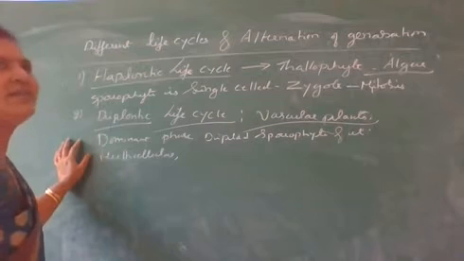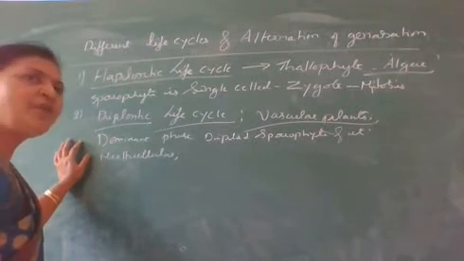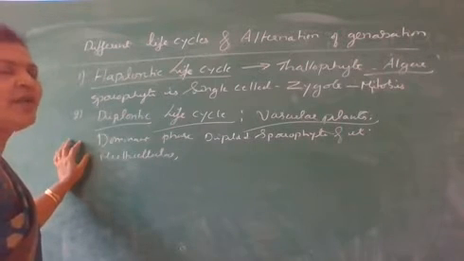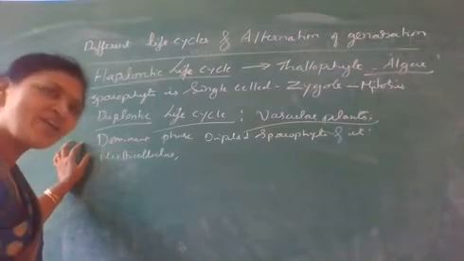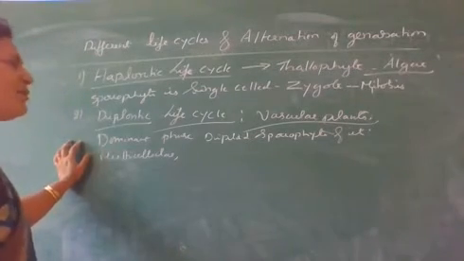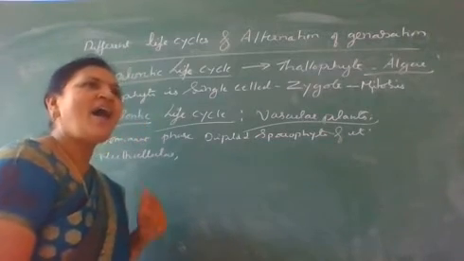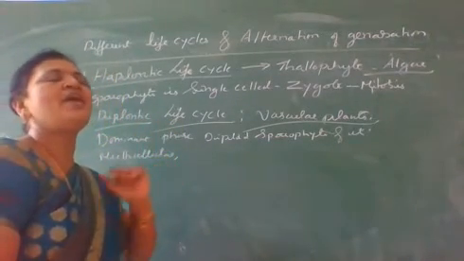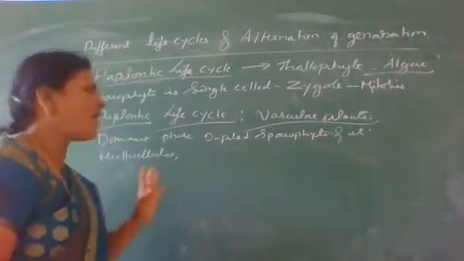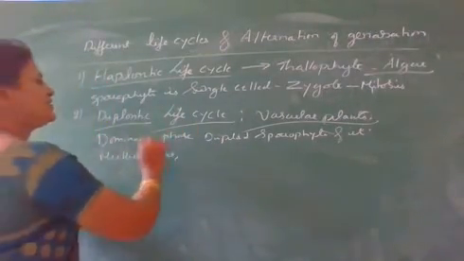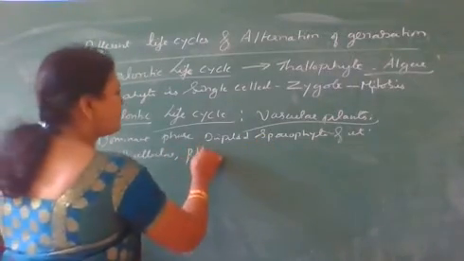And again, the male and female gametes fuse to form a diploid zygote, and that diploid zygote undergoes mitosis and gives rise to a multicellular predominant sporophyte. So here the dominant phase is the diploid sporophyte, which is multicellular,